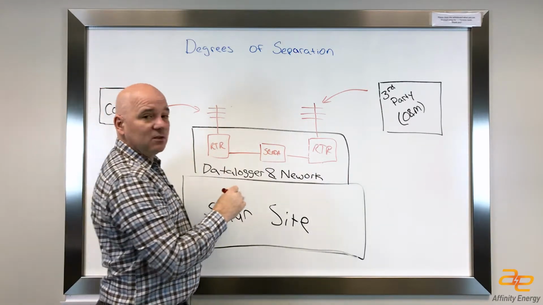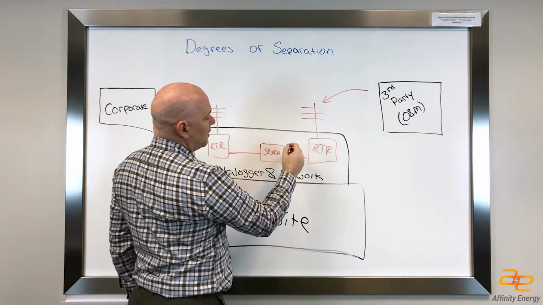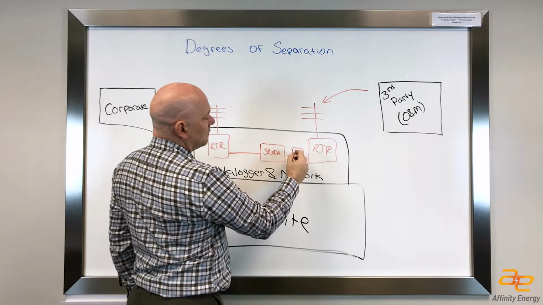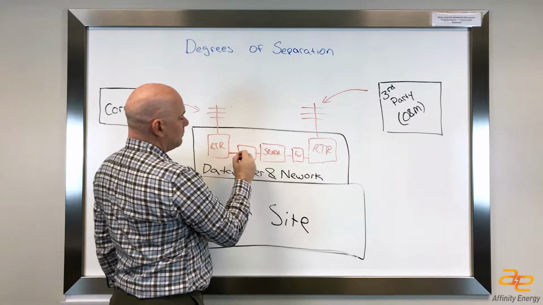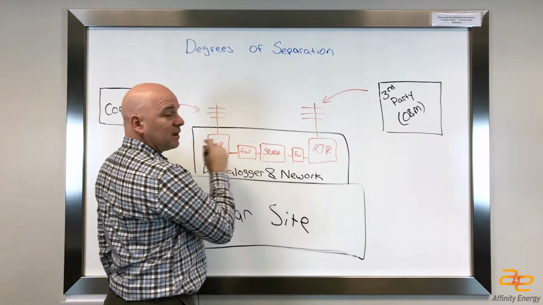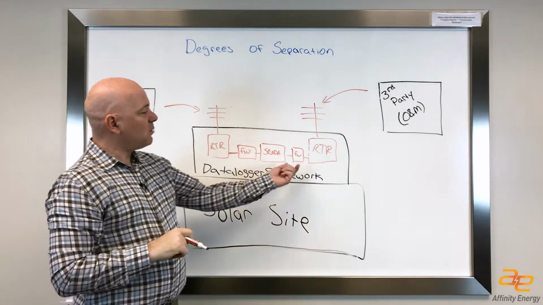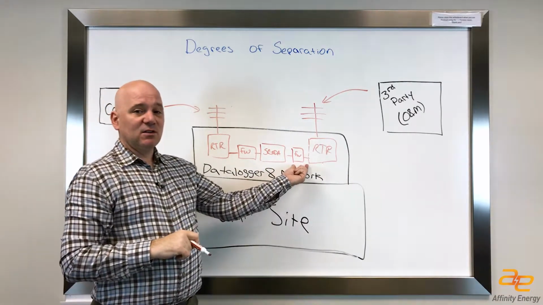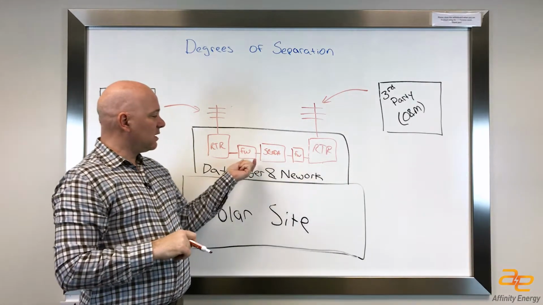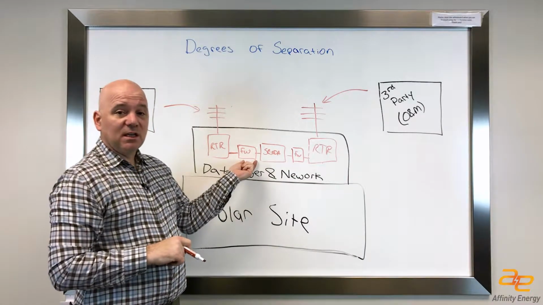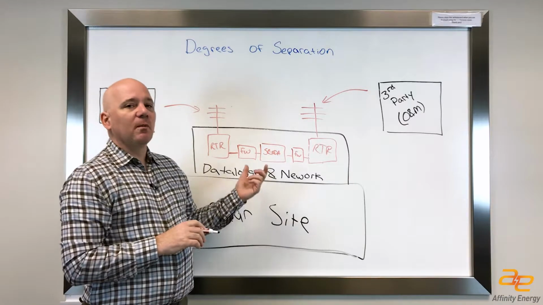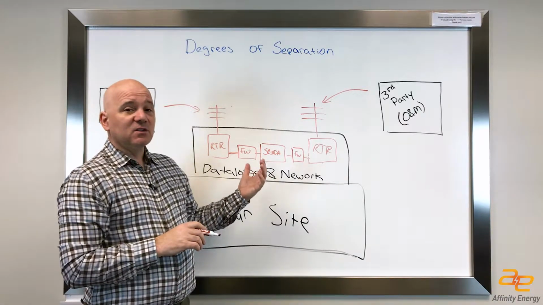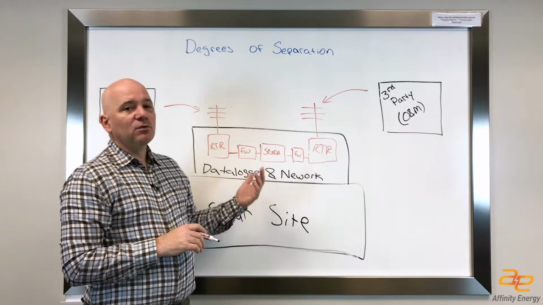So now, okay, if we put a firewall between the router and SCADA and put a firewall between SCADA and the corporate network, now we have the ability to manage the connections, the IP addresses that come in here, and the connections and IP addresses that come in here. This approach probably works for most applications, but in some cases, if you wanted to add a further level of